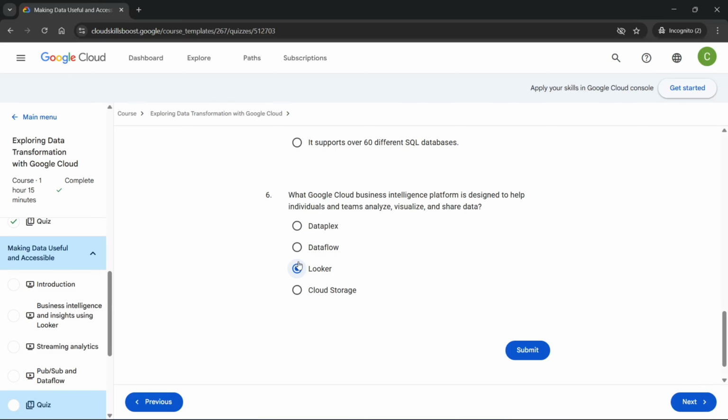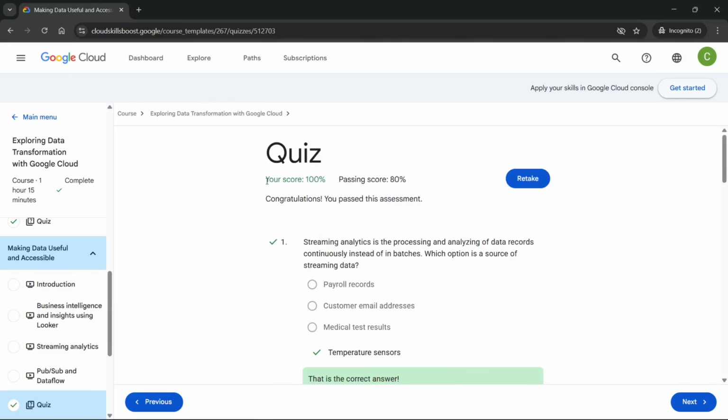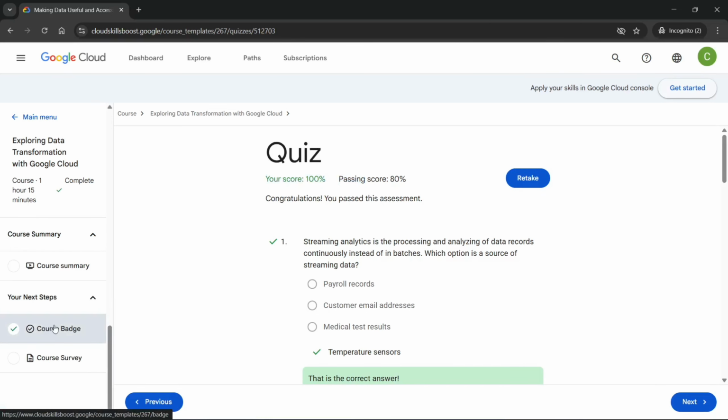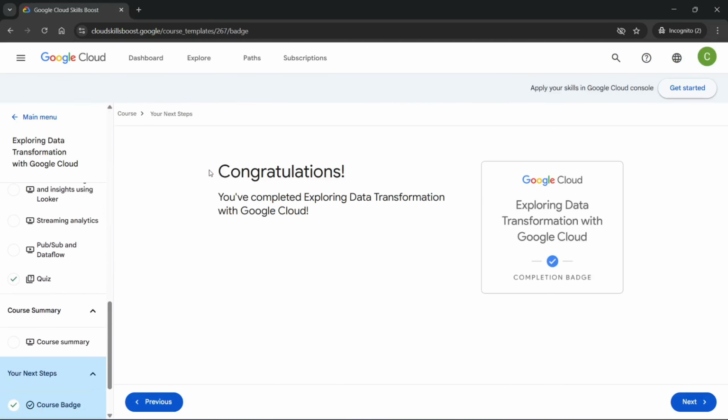That's it. Once you select them, click on Submit. As soon as you submit, you'll see the tick mark appear here. And at the bottom, the course will also automatically get marked as complete. Finally, if you go back and click on the course, you'll see that this batch has also been completed successfully.